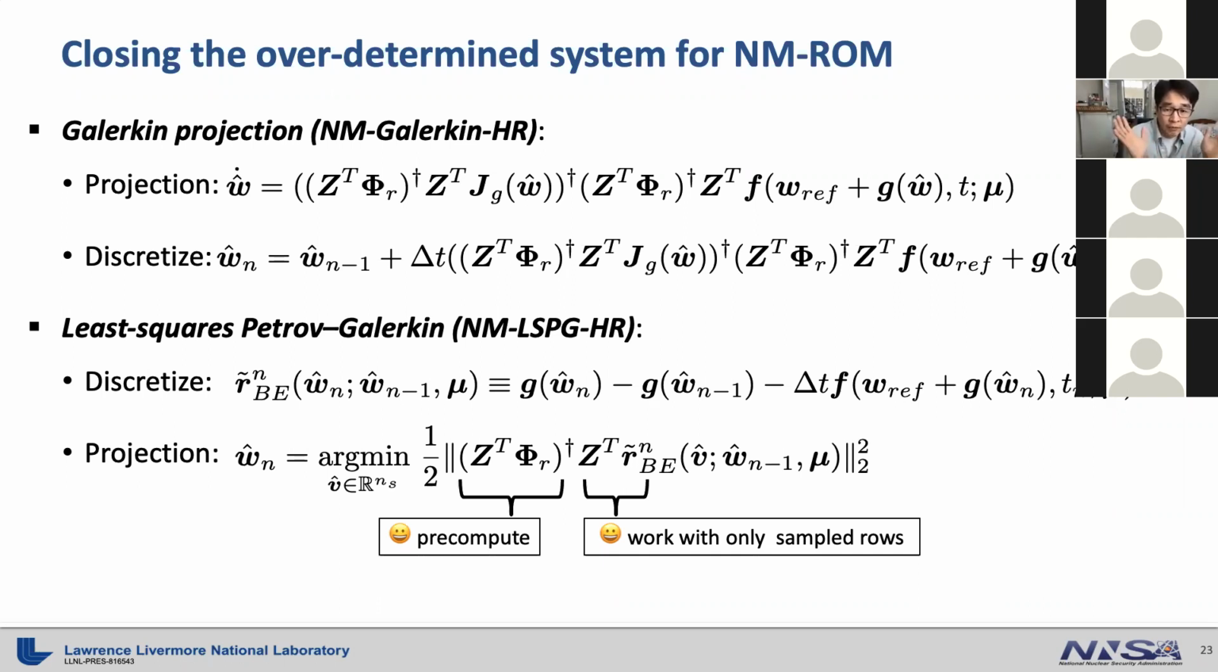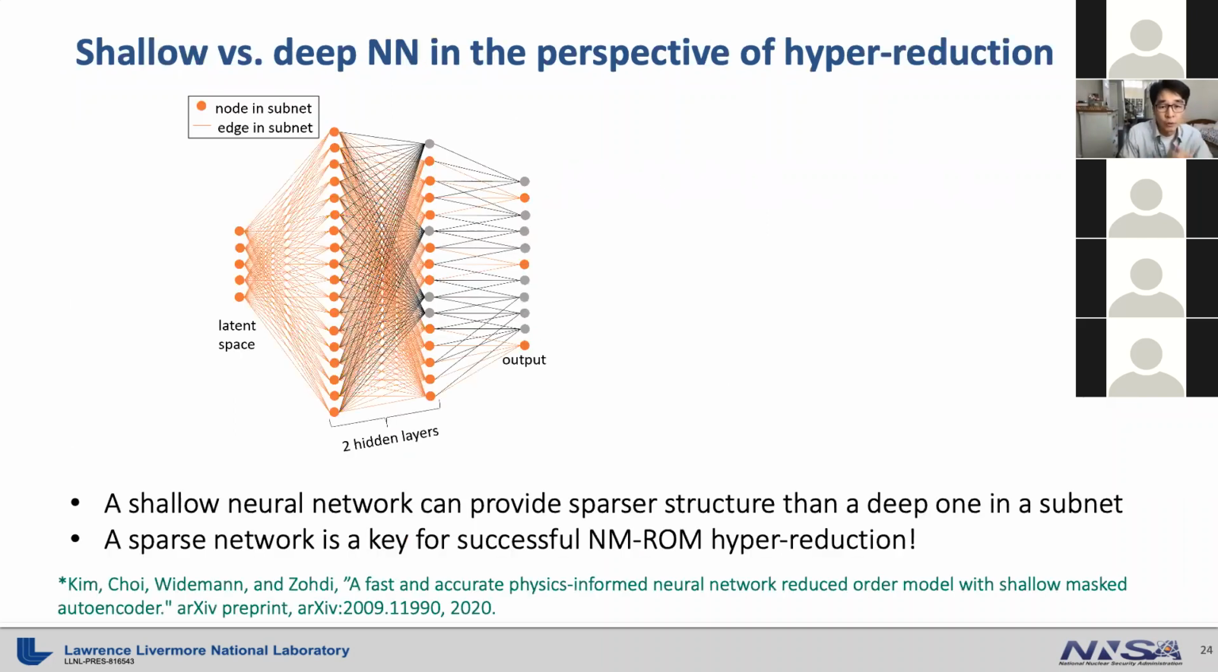But now, since we have introduced the neural network into the picture, the structure of the neural network in the decoder is very important. So in order to go over that, let's first look at the neural network with two hidden layers as a decoder. Let's say that this orange disk in the output nodes are the selected ones by the sampling matrix Z in hyperreduction. You will notice that many hidden nodes are connected, and as you go deeper and deeper in the hidden layers, the number of connected hidden nodes increases very fast. And this actually degrades the efficiency of the nonlinear manifold reduced models, especially in the step of computing the Jacobian